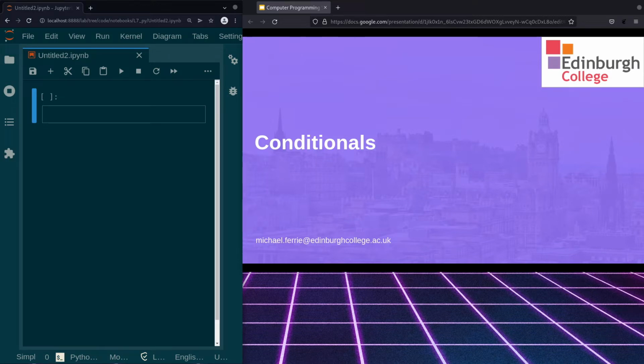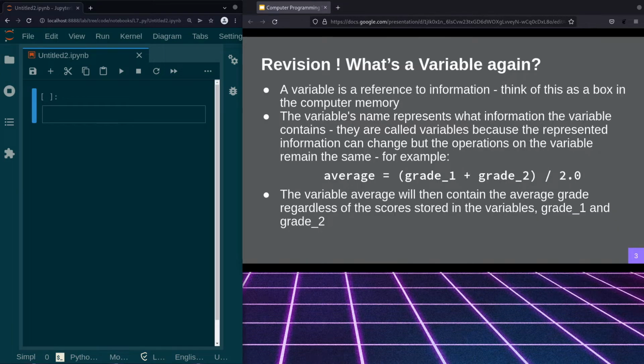Now, what we'll do is we'll just revise first of all what actually is a variable. So last week we looked at variables, and a variable is just a box in the computer's memory. So we can do my variable equals 5. Okay, I'll use the actual equals sign. And then if we just do print, my variable, press tab even,